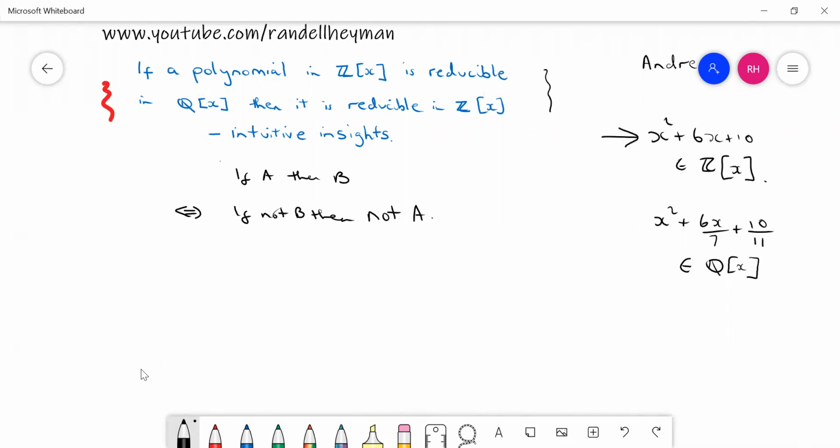If you have trouble with that, have a look at my video, Proofs Made Easy, where I go through all the standard sorts of proofs, and the contrapositive is one. So what we can say is that the above is equivalent to